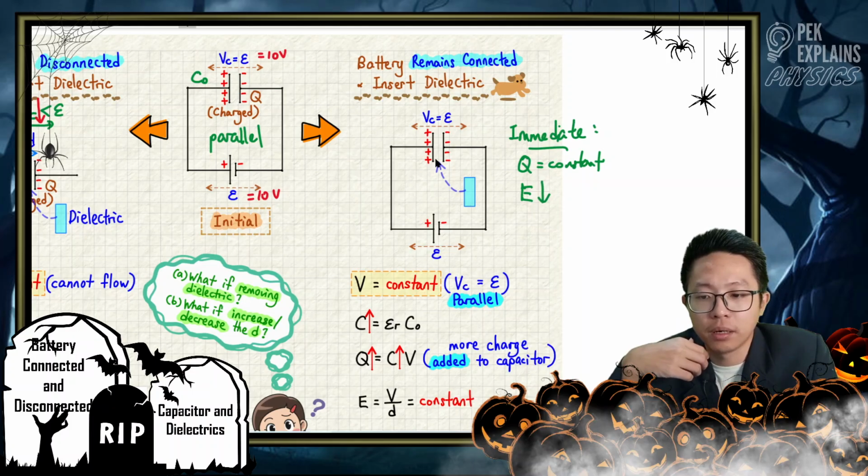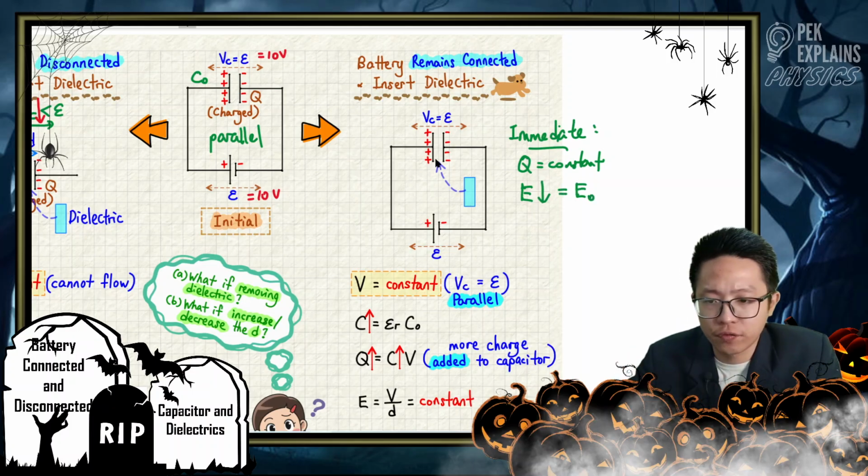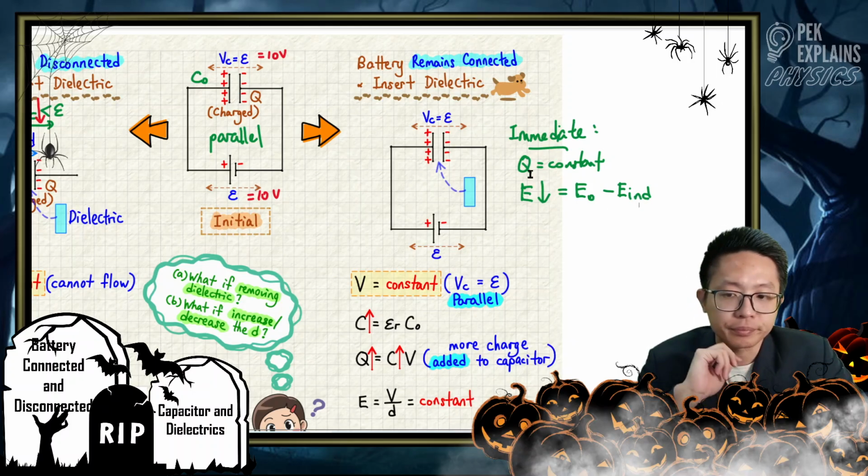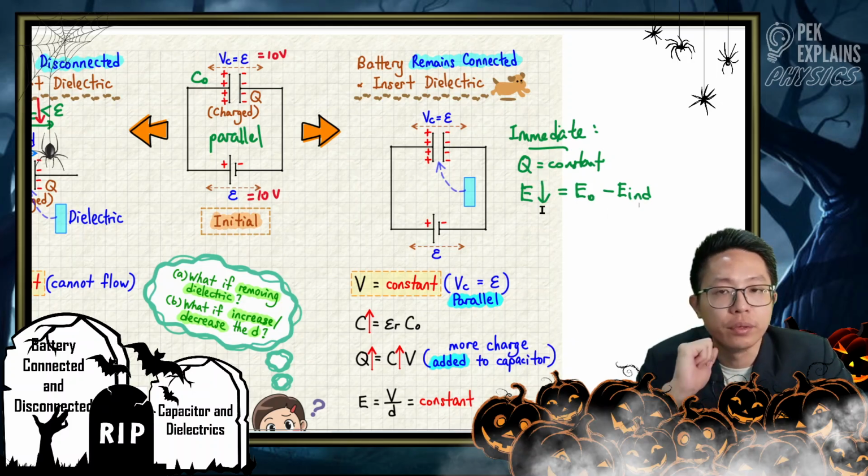Why? Because the original electric field is being cancelled by the induced electric field. The immediate change is that the electric field will decrease, and then the voltage of the capacitor,